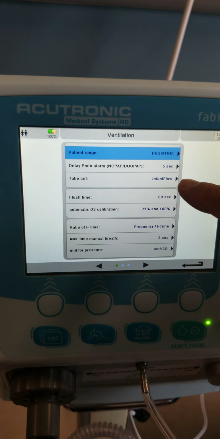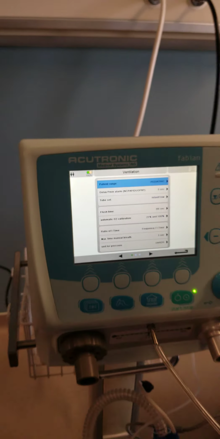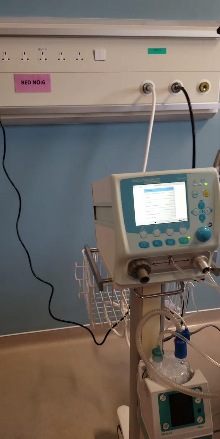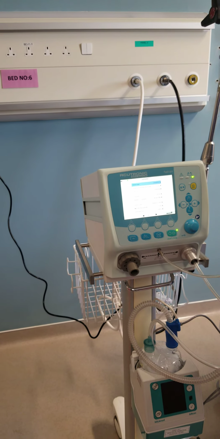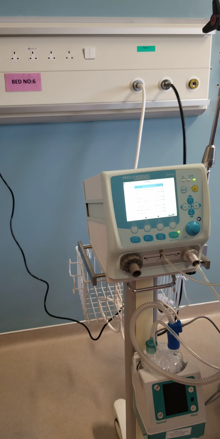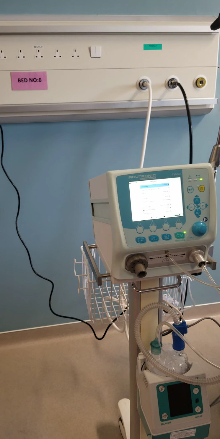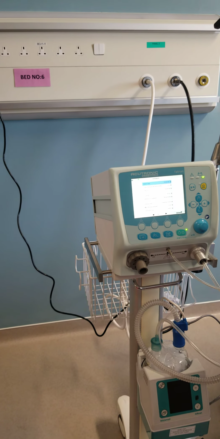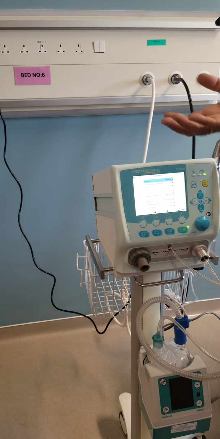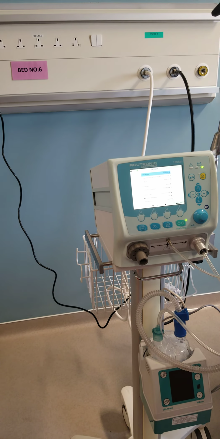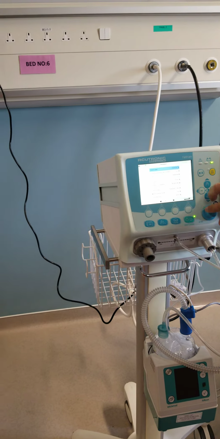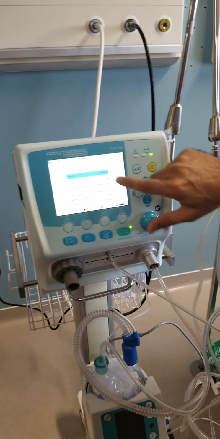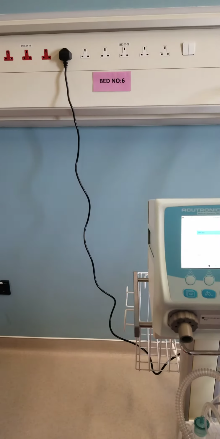One more thing: we are not limiting you to use only ours. Because for infant flow, you are also familiar with Fisher & Paykel, who have their own system. They have infant flow LP, they call it LP. It's the same thing but a little different. So in case you already have their machine and you have the consumables, and for some reason you could not get yours, you don't need to worry. All you have to do is go to the tube set. Infant flow is this, right?